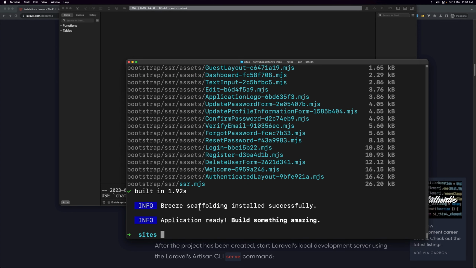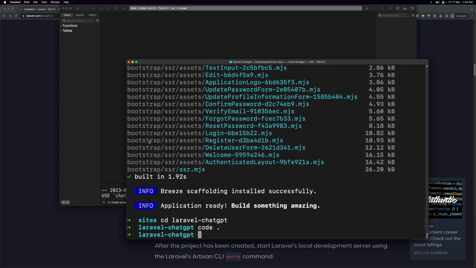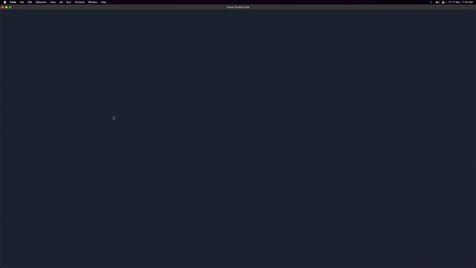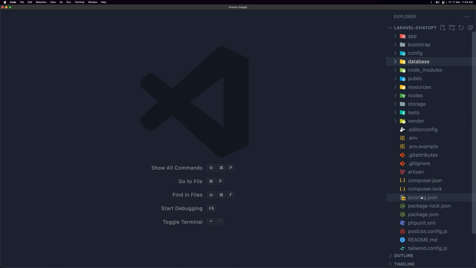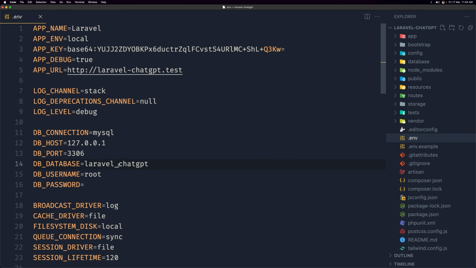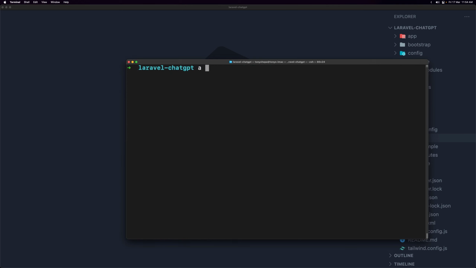Good. Now the application is ready. Let's see in the Laravel-ChatGPT folder. Hit enter, and I'm going to open the project with VS Code. So let's open that project. We have the database. We need to change the database name. So let's open the .env file, and here just remove the Laravel from here. Good. Let's save, and if I run now artisan migrate, I'm going to say artisan migrate, also I'm going to say fresh here, and yeah,